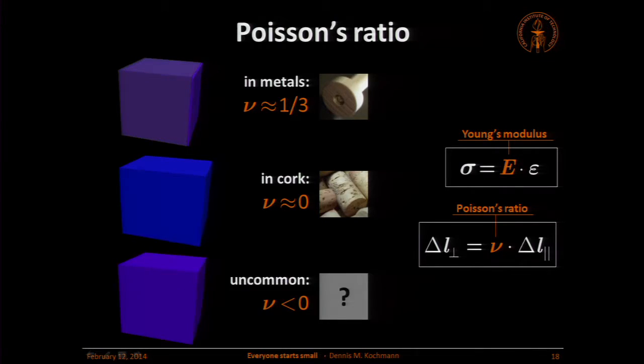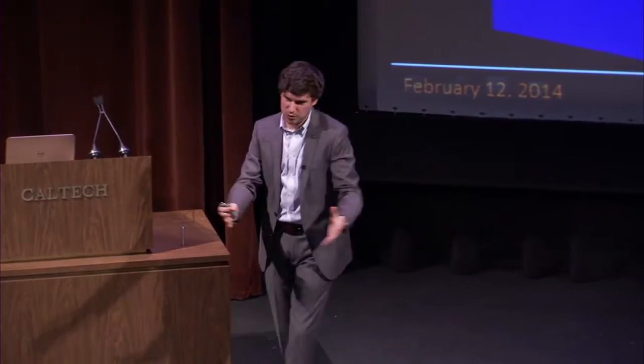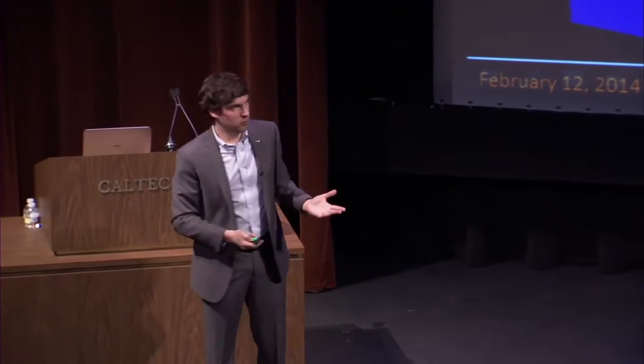Anything below 0 is usually not physical. It would mean if you're pulling on something, it gets fatter, and if you're compressing something, it gets thinner. This is what we don't see in ordinary materials. A negative Poisson's ratio is something we don't normally see. Everything I've shown you so far only holds true for small deformation. If you apply a small load, of course, the spring will go back. If you apply a gigantic force, of course, at some point, the spring won't go back to where it was before. So this can't be it.